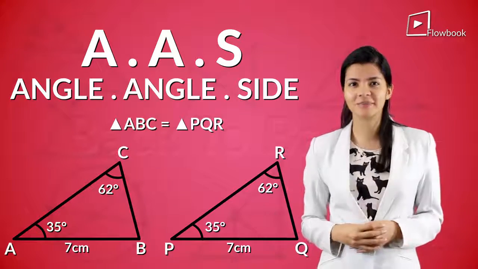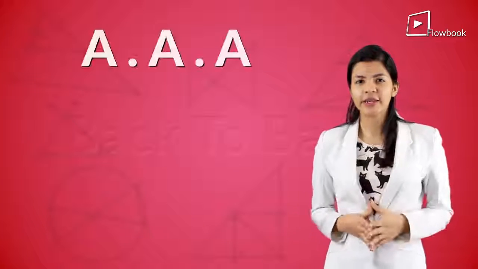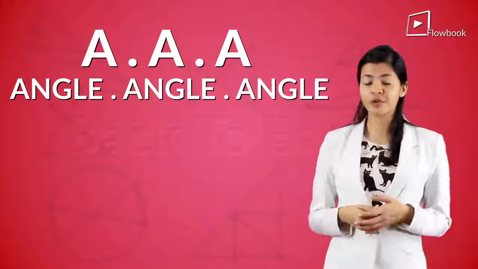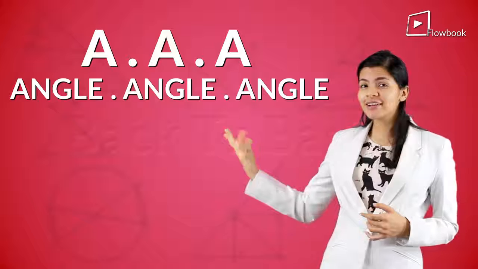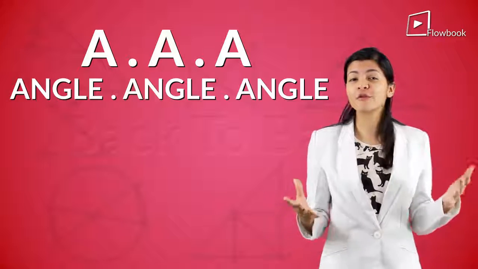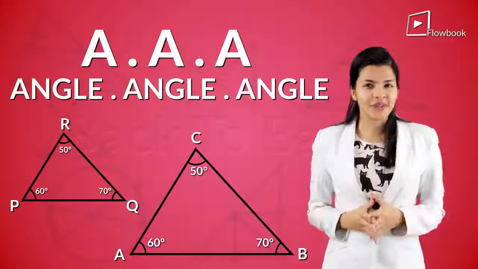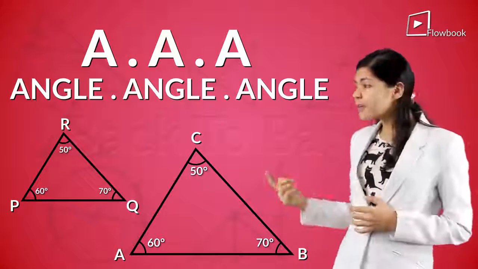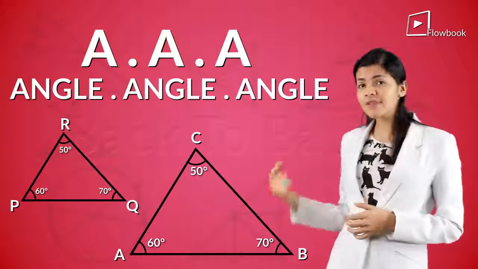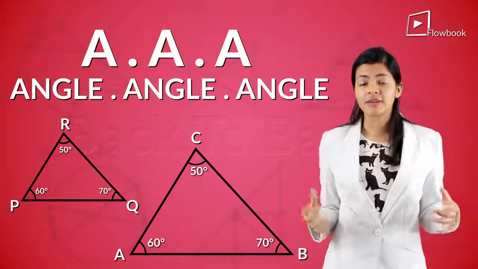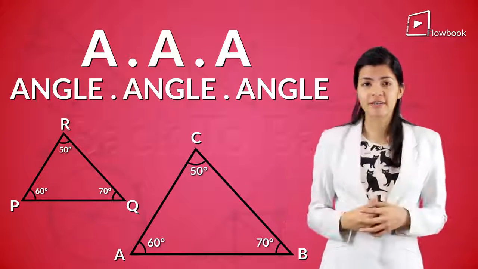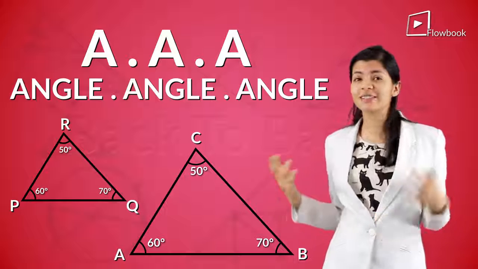the two angles. Okay, now do you think that the AAA rule or the angle-angle-angle condition can determine if two triangles are congruent to one another? Well, not really. That's because, look at these two triangles here. They have the same angles, but their sides differ in length, and that is why these two triangles cannot be